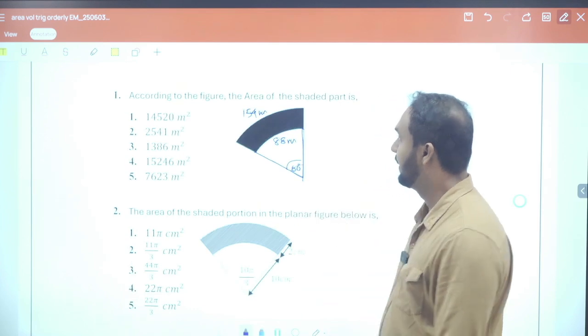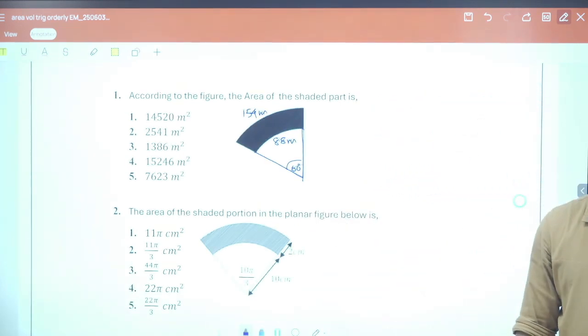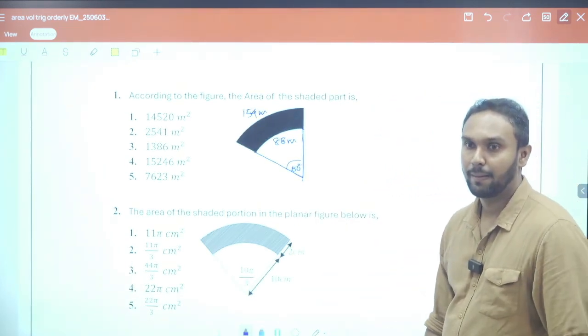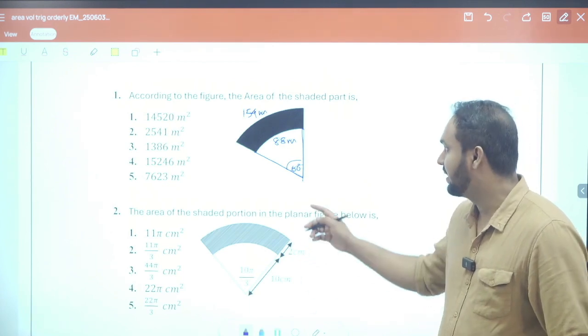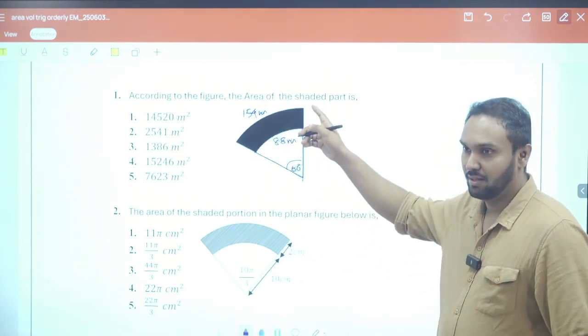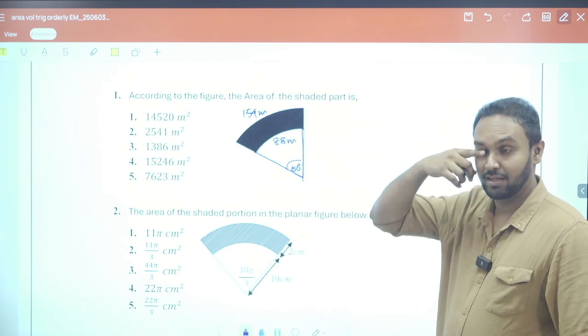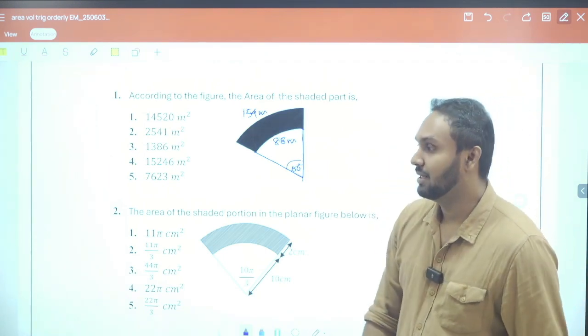Right, do this. So how do you find the area of the shaded part? Yes, look, we can put, right? You have to first find the area of the larger one, then you have to deduct the smaller one. Now listen,